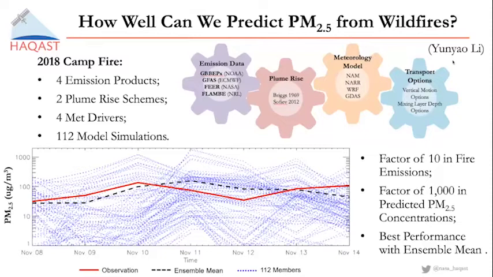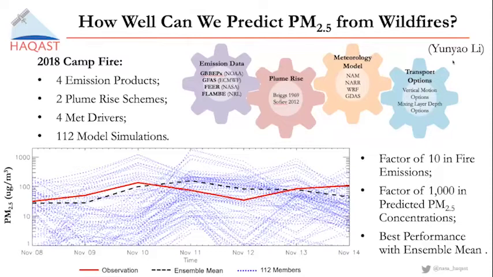But we end up having 112 model simulations of the 2018 Camp Fire in California. So that's a quick recap of what we found. We found that in satellite-based fire emissions, there's a factor of 10 uncertainty, which means from one product you use to the other one you choose, we have a difference of 10 times. And we also see a factor of 1,000 in the predicted surface concentration of PM2.5. That's because of the combined impact of emission uncertainties, plus plume rise, plus the transfer model, and also meteorology drivers